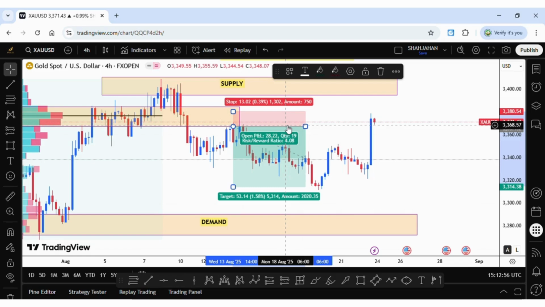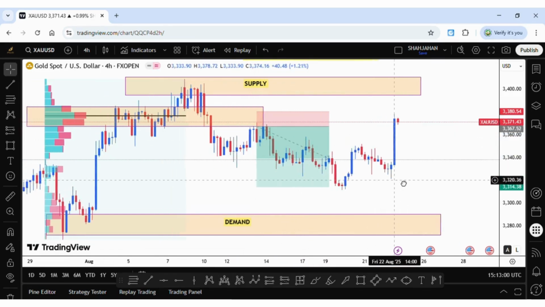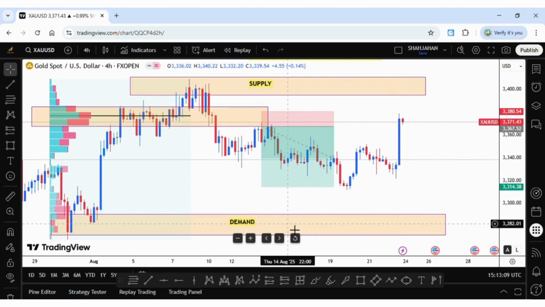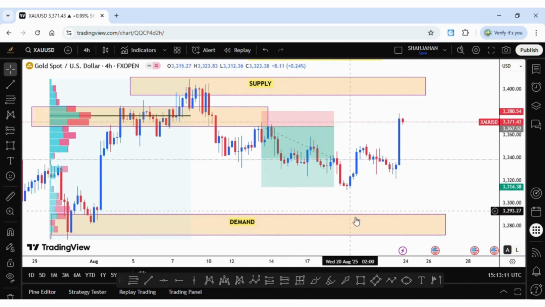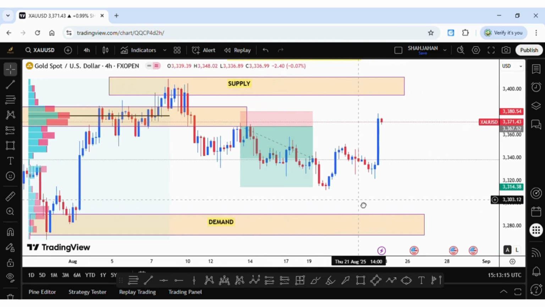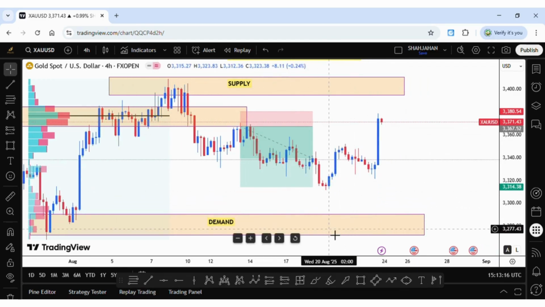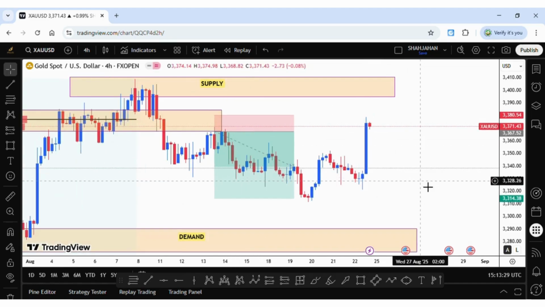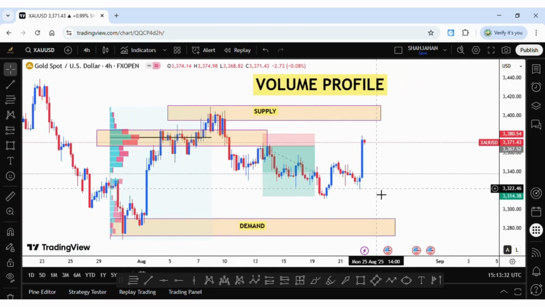So again you can see after this trade, how can we find a reversal area, because many traders are waiting for this area, this demand, for a buy, but the market did not take this demand, and the market gave you again a bullish move towards supply. So how can you identify this again with this FRVP tool?